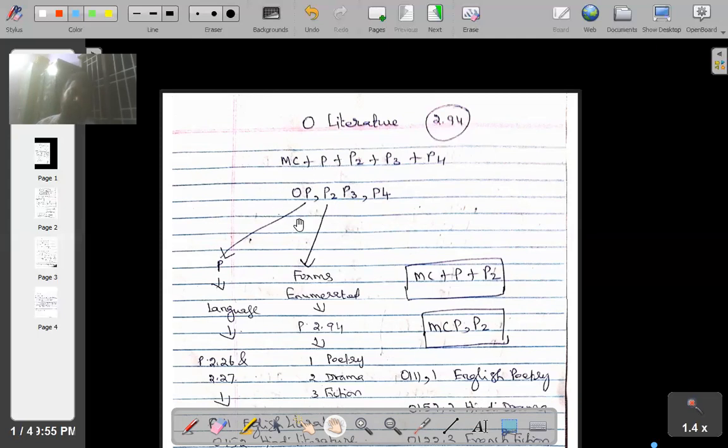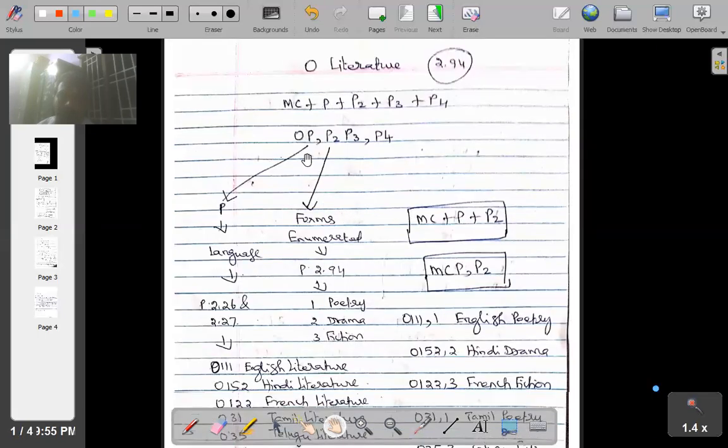So you can ask the question, sir, you told about four components. How to derive these four components? Where are they available? Fine, good question. So main class, P stands for language. You need to identify, for example, if you have got a story book, first of all, which language it belongs to. That is what the P is.